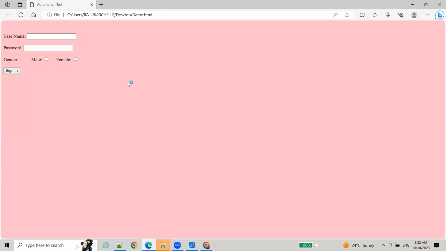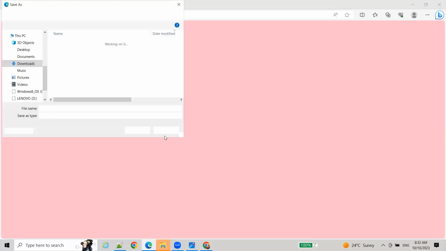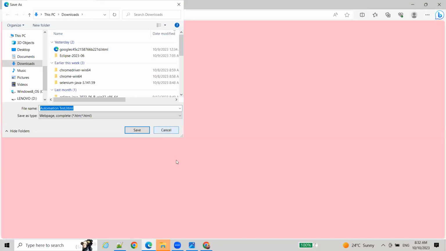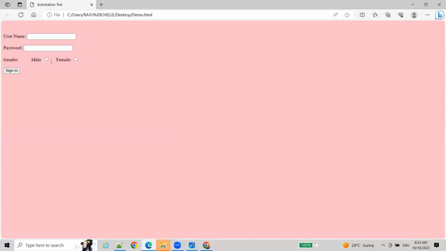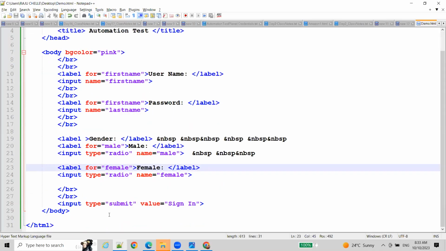Okay, male or female. Okay, so similarly, here I have a sign in button, right? I want to set the clear button, but I don't want to use the input box. I don't want to use the input type tag. So you can also